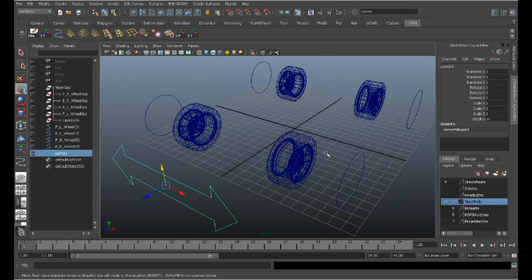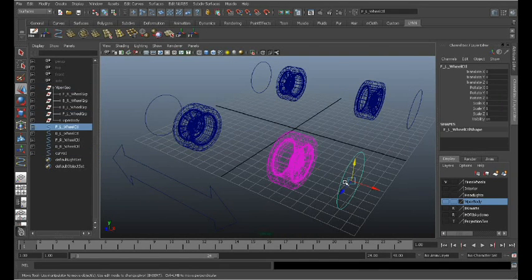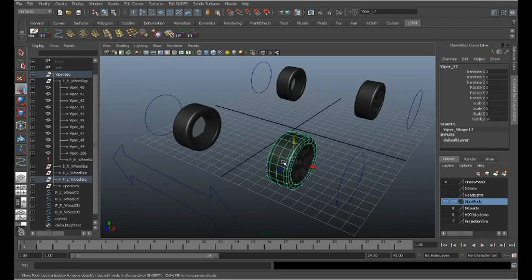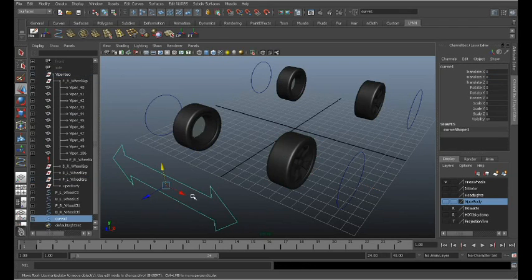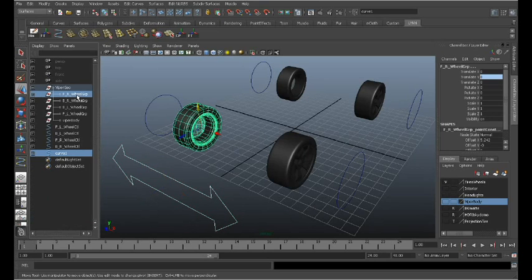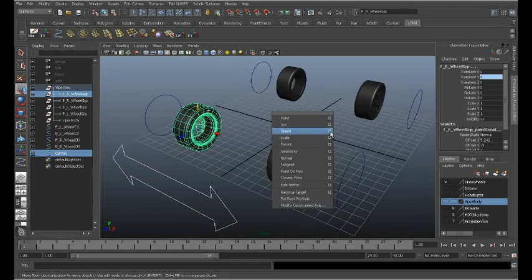Alright, so I've gone ahead and reset the pivot points. Okay, now let's go ahead and wire in these tires with a constraint. So I'm going to select the controller first and then come up here to front right, either one, and control click that one, and spacebar, constraint. I'm going to set an orient